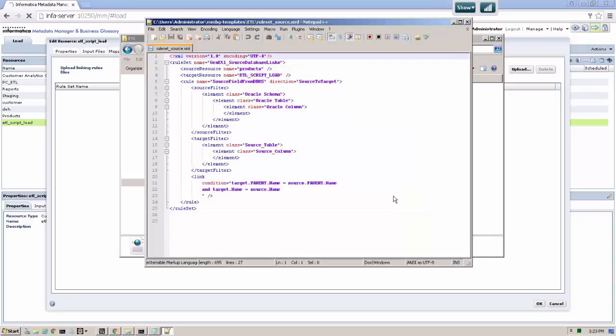However, everything in this file is case sensitive. You'll notice that ETL script load is all in uppercase, but the name of our resource is ETL script load in lowercase. So we need to either drop and recreate the resource and spell it in uppercase, or we need to change the file. It's easier to change the file,